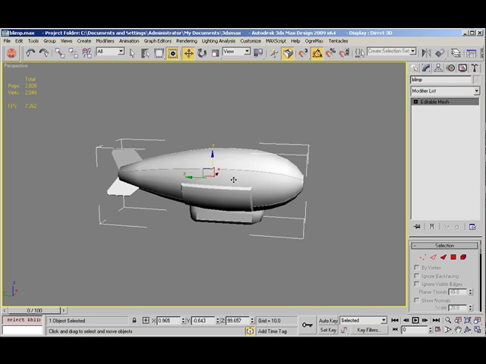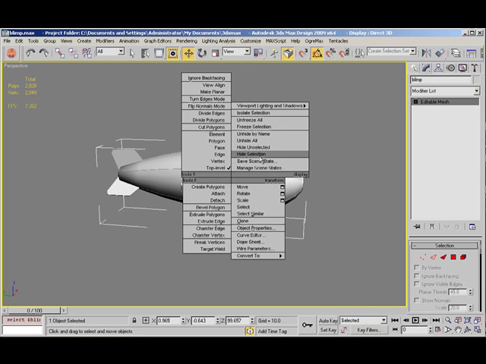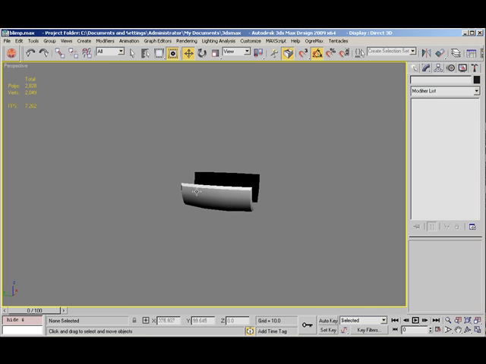What you have to remember first is that your model cannot have any parts UVW mapped over themselves, or else the shading's going to go all kinds of crazy on you. It always does this. Something you can't help. The easiest way to do it is if you have to mirror anything, you make a copy of your model